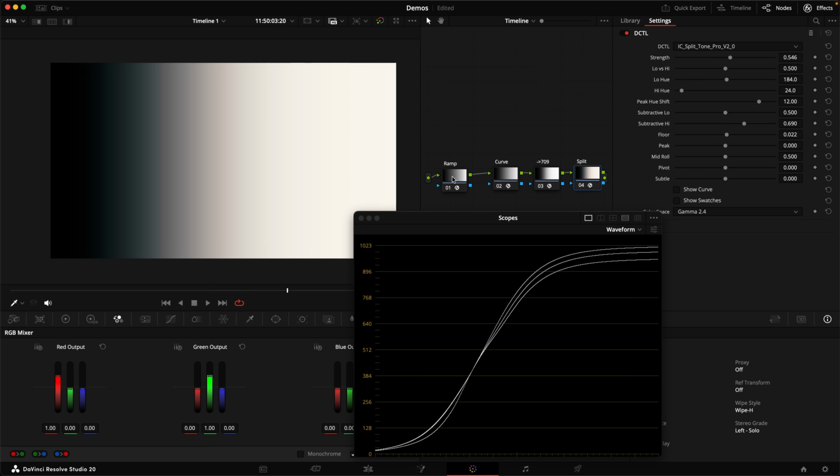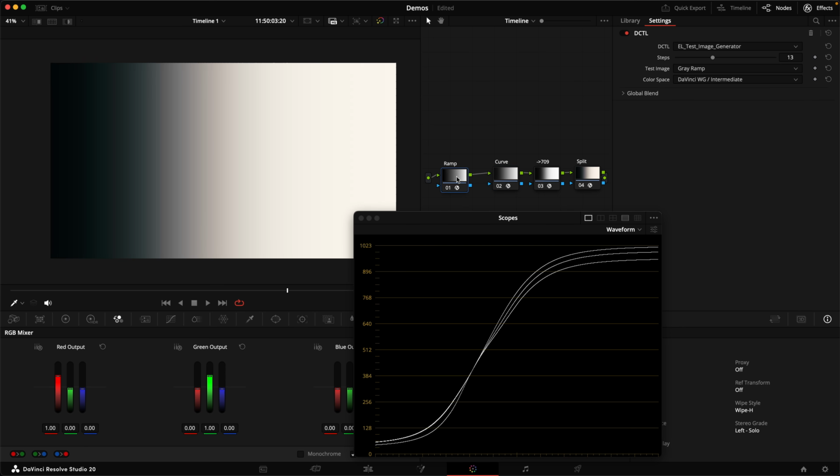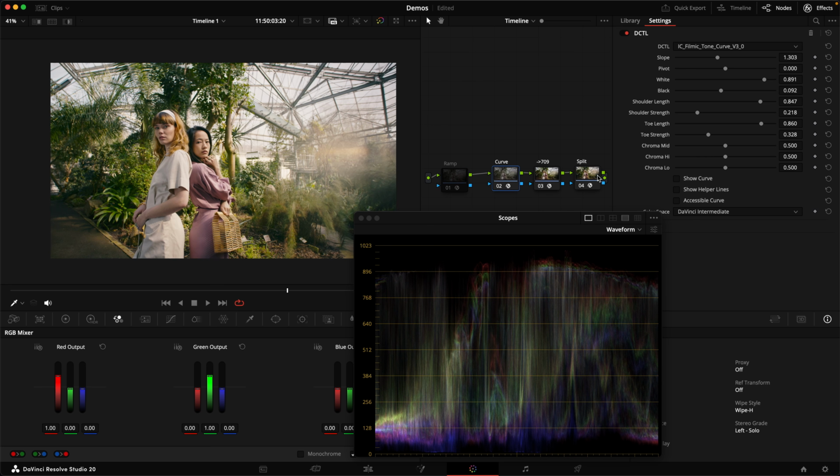Remember what I said about considering the whole system? The way to get a tinted black point in this workflow is to simply raise the black point slightly in your tone curve upstream of your DRT. That's easy enough to do using the Filmic Tone Curve DCTL, and actually looks more cinematic than having a pure black point. Now we're pushing that black point into the colorful section of our split tone curve,